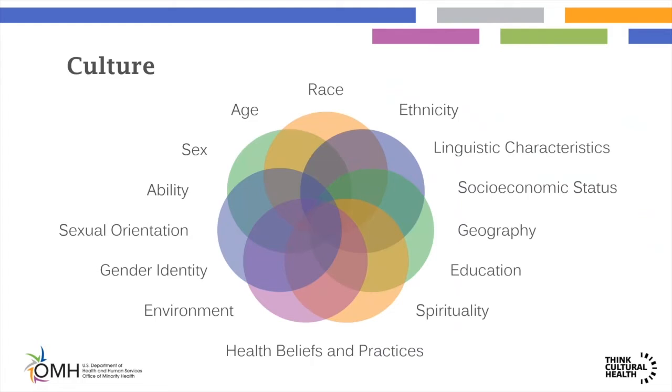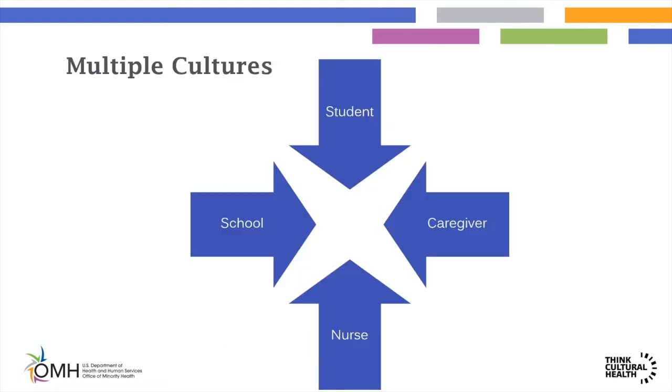Culture encompasses all facets of an individual's identity, including linguistics, geographical location, spiritual and biological characteristics, gender identity and sexual orientation, economic status, and even abilities and immediate environment. Culture is dynamic in nature, never stagnant or simple. Individuals may identify with multiple cultures over the course of their lifetime. Every interaction is a cross-cultural interaction. Cultures present include that of the student, guardians, parents, grandparents, healthcare provider, and the institutional culture of the school.